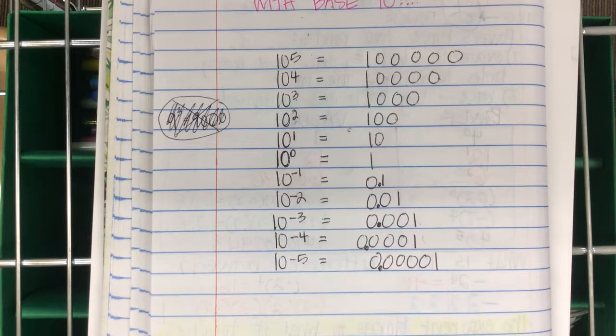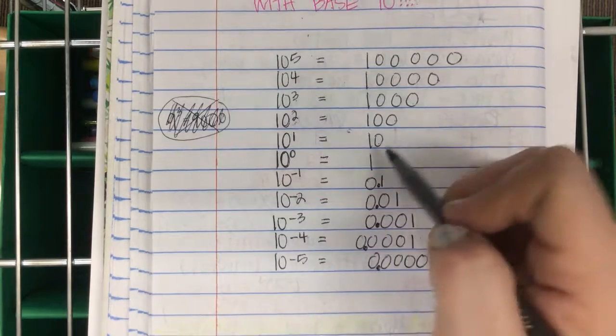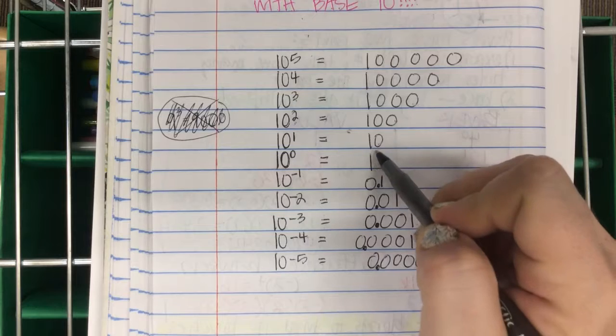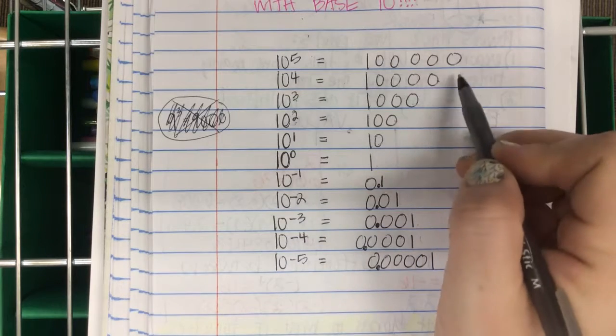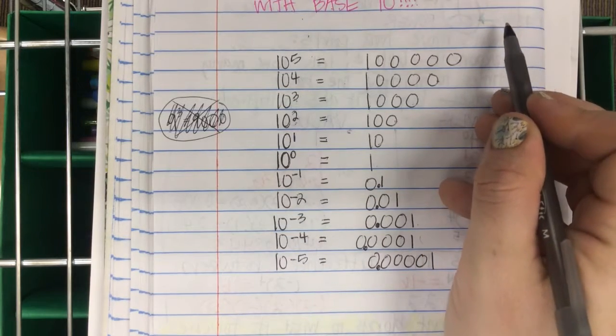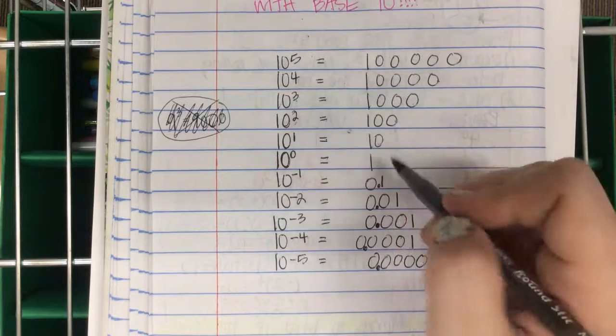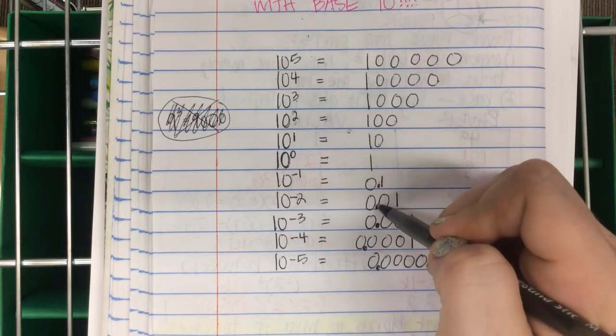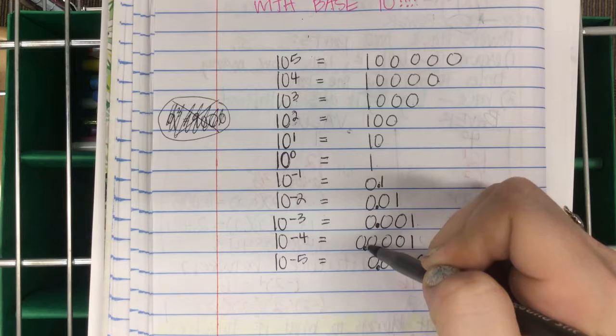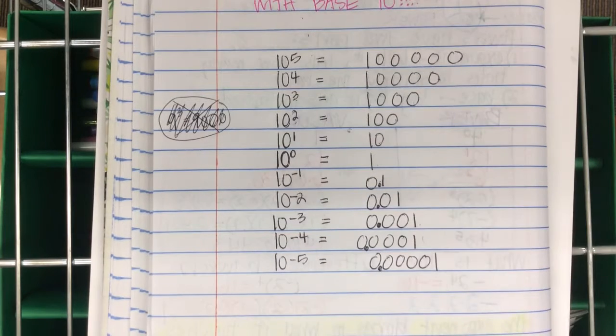Positive exponents, if it's a power of 10, you move your decimal to the right, 1 space every time. Negative exponents, you move your decimal to the left every time. Okay, that's